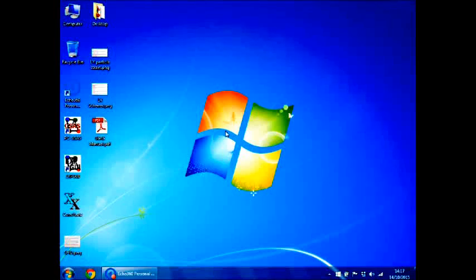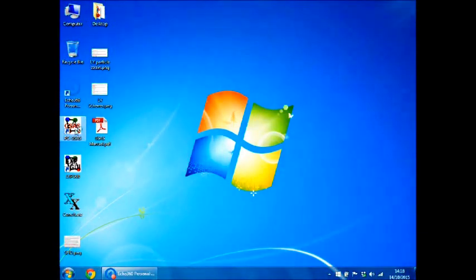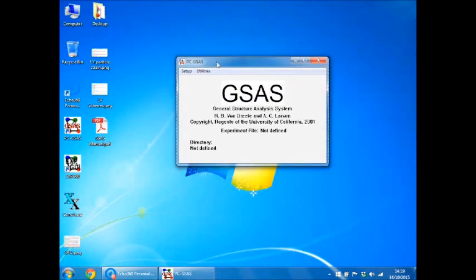Today I'm going to be talking to you about how to use the GSAS-EXPGUI software suite for analyzing your X-ray diffraction patterns. This is for analyzing powder X-ray diffraction patterns rather than looking at single crystal data. So the first thing that you do when you use GSAS-EXPGUI is you first open GSAS, and you just have to create a generic file that then you can